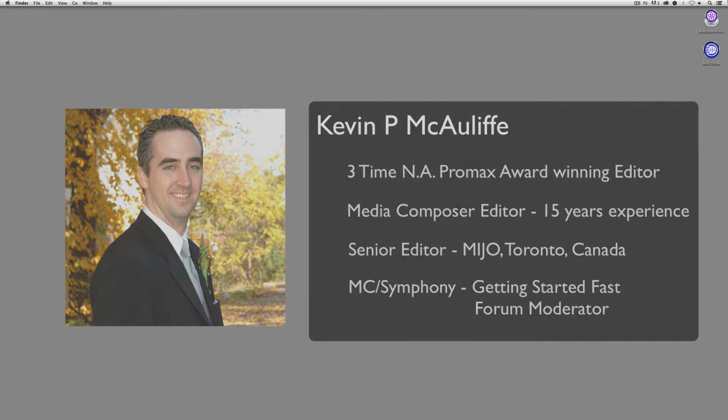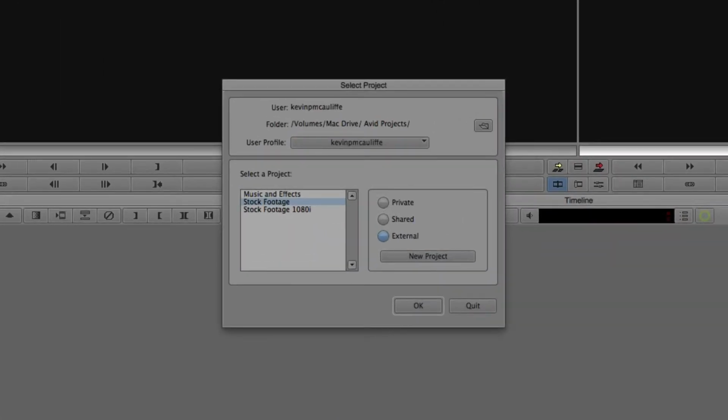And in this 5-part tutorial series, we're going to take you through everything you need to know to get started with Media Composer 7 as quickly and as efficiently as possible. Okay, let's get started. Let's Command and Tab into Avid's Media Composer, and we are greeted by the project selection